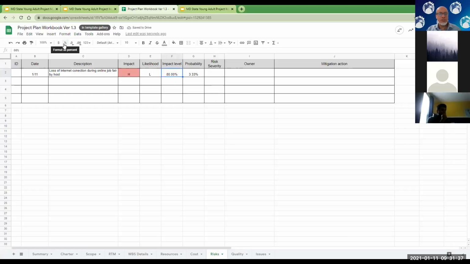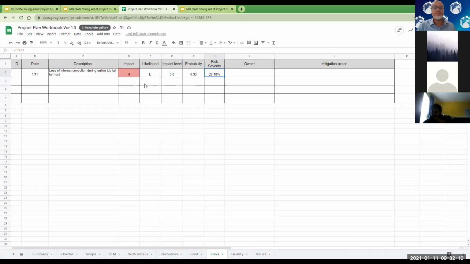It's better to make these decimals. It's easier. So this would be 0.33. Oops, I need to change these to regular numbers. All right, so 0.8 times this gives you a number here. So this times that is basically your severity, your risk level, 26 points. That's just a number here. And similarly, you do it for everyone else, and then you can start ranking.